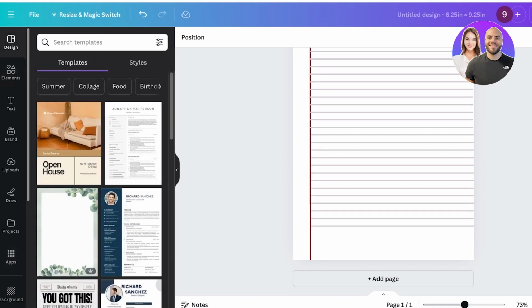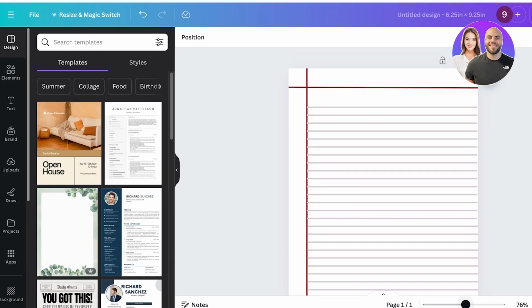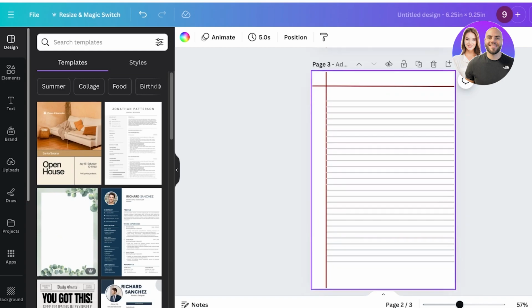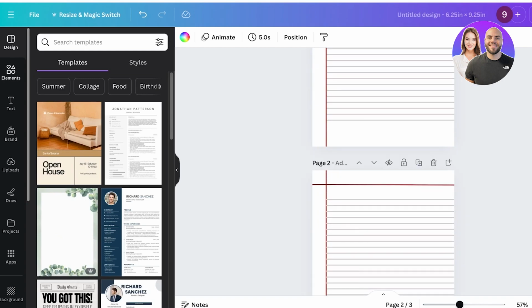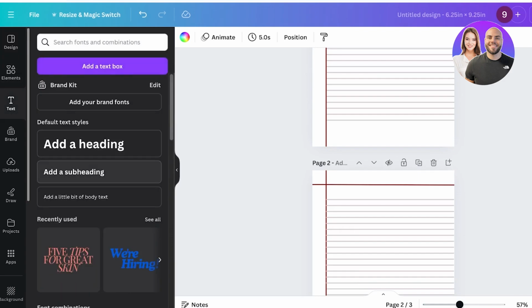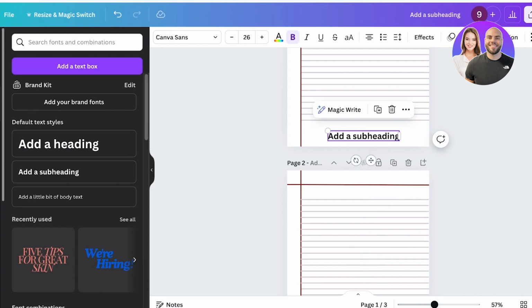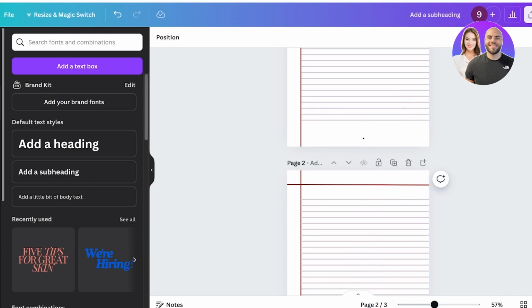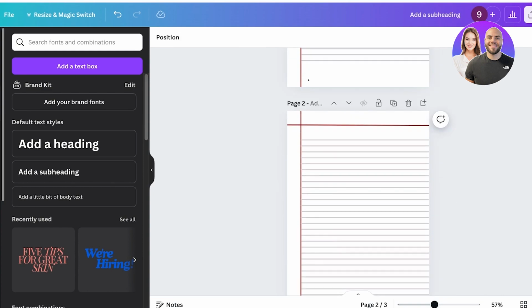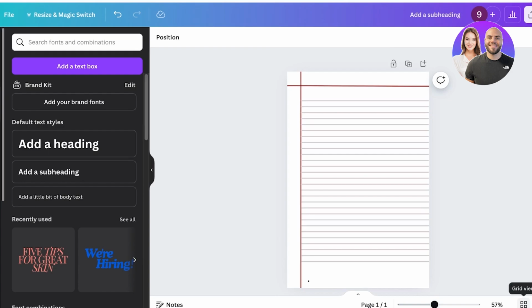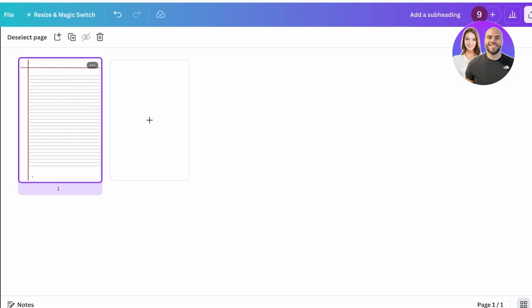So I'll just click on duplicate page over here like this, and then I can click on duplicate page once more, and you can click on grid view to make this a grid view. I will make sure to add a text block at the bottom so all of my pages look the same. And I'll just add a colon over here just to make it easier for me to spot. And now I'll just duplicate this page. To do this easier, just click on the grid view on the bottom right,